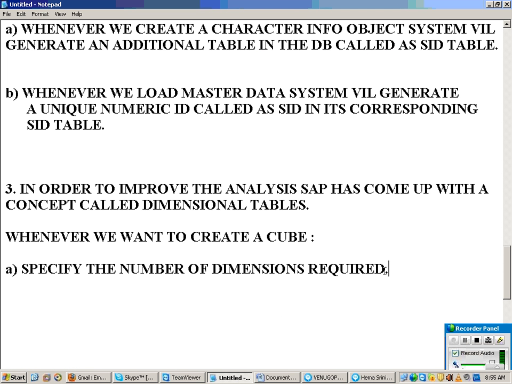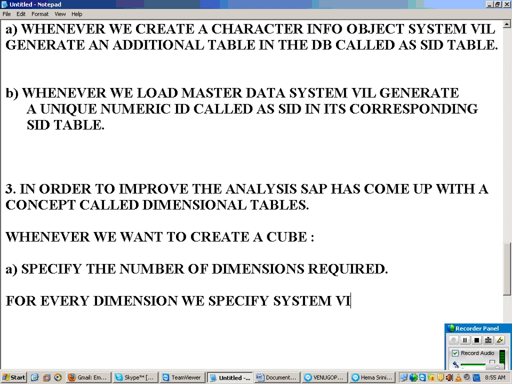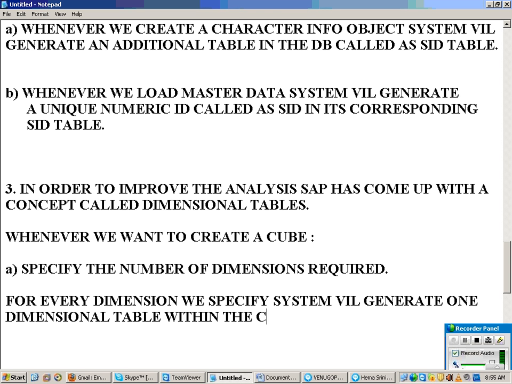For every dimension we specify, the system will generate one dimensional table within the cube.